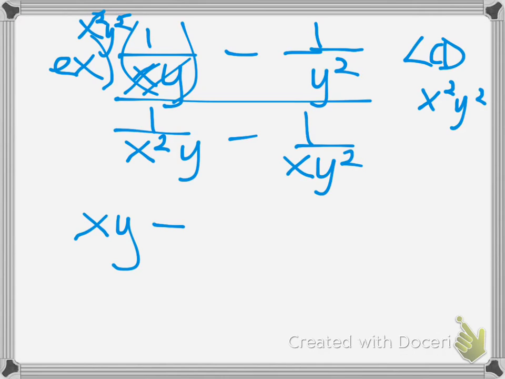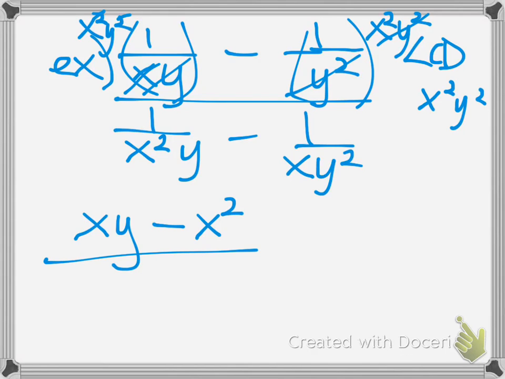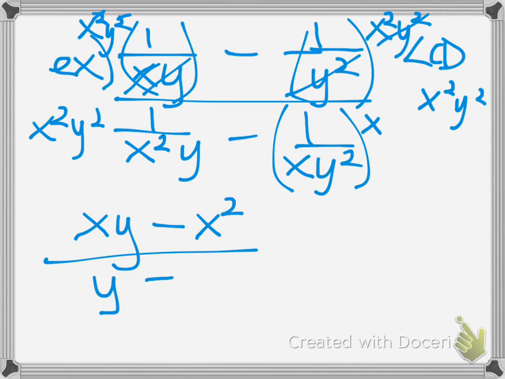When I multiply that here, and I multiply by x squared y squared, the y squares drop out, and I'm going to be left with just x squared. Following the same pattern here, I'm going to have x squared y squared, and I'm going to drop everything but an x, a y, a y, and then in this one, when I multiply by x squared y squared, I'm dropping everything but an